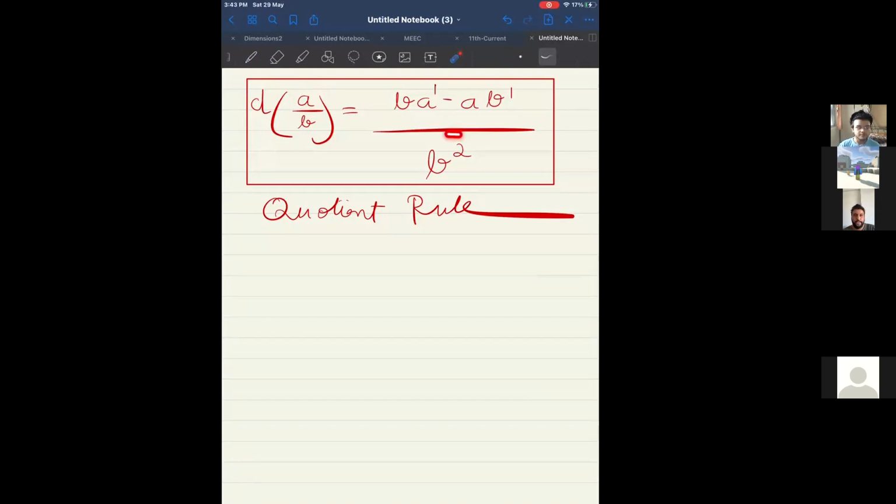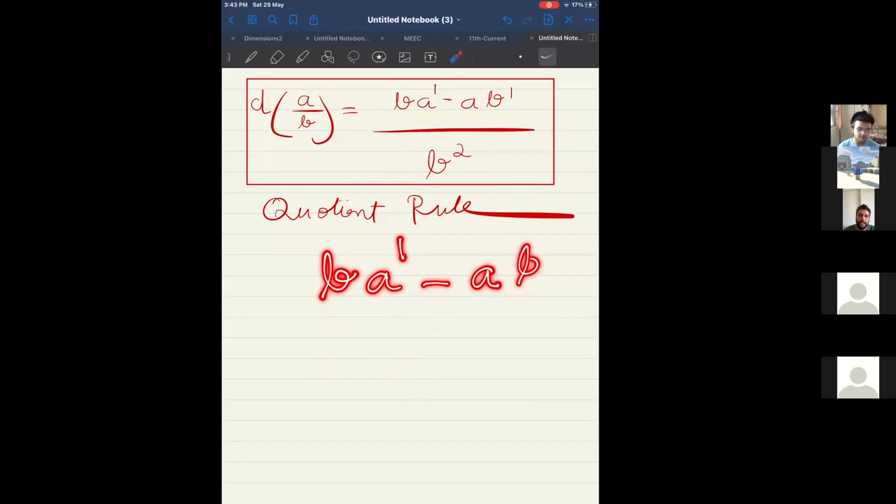Therefore, the quotient rule is denominator square in the denominator. In the numerator: denominator into differentiation of numerator minus numerator into differentiation of denominator, upon denominator square. This complete rule is called the quotient rule. Therefore, if I have a numerator A and denominator B, I divide by B square. Then in the numerator, I have to do denominator term into differentiation of numerator minus numerator term into